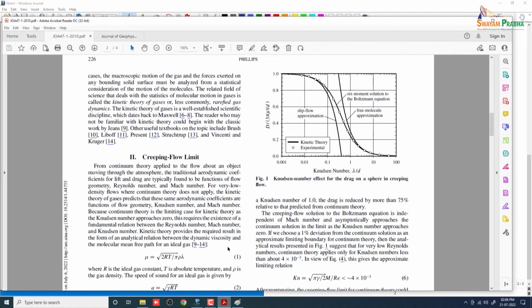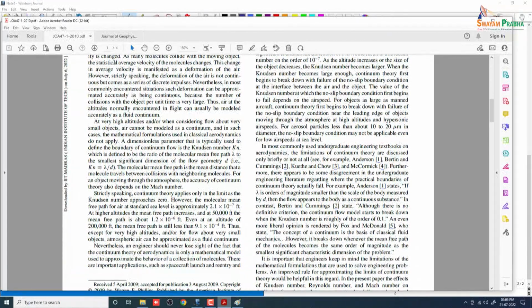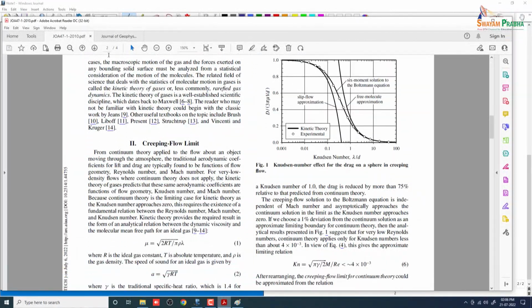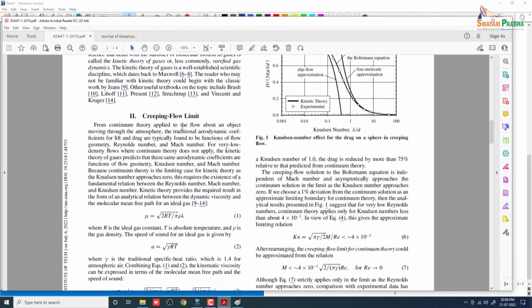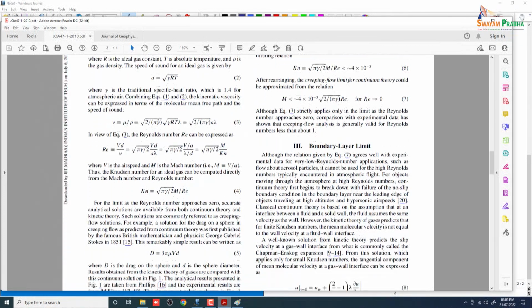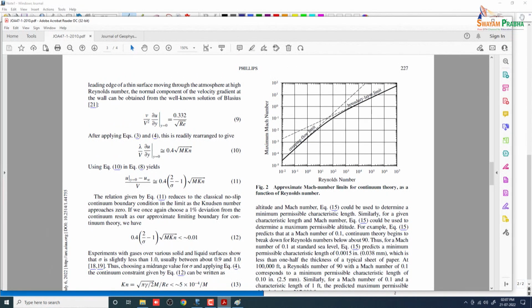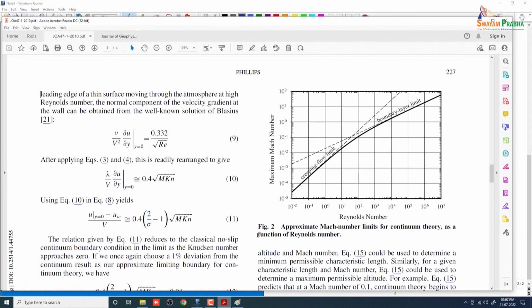I'm going to use this paper here, and I'll give you the reference, where we are looking at the limits of the continuum approach. Okay, so if you look at, say, figure 2,